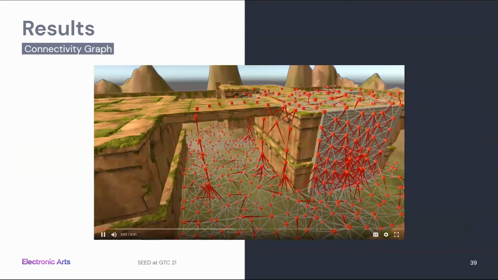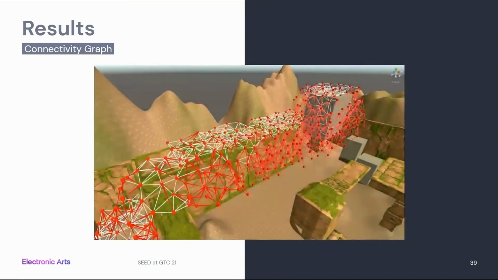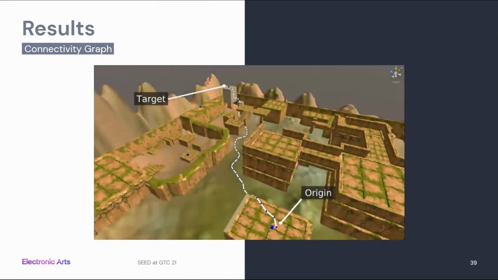Another interesting thing we can do is to create some sort of connectivity graph based on the trajectories followed by the agents. Here we have a small segment of this directional graph showing us how different positions visited by the agents are connected to each other. We can then make use of this graph and standard path planning algorithms to show the game designer and the developer how the agents manage to move between any two points in the game.